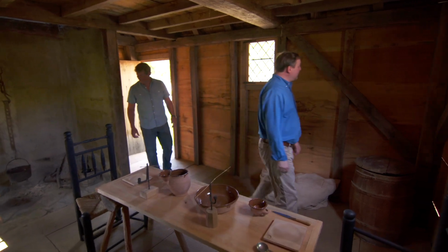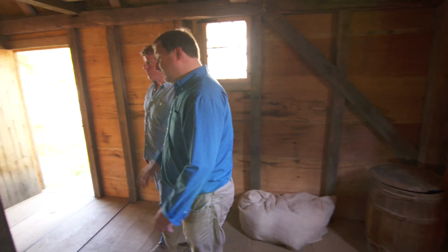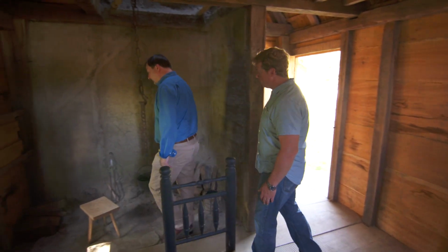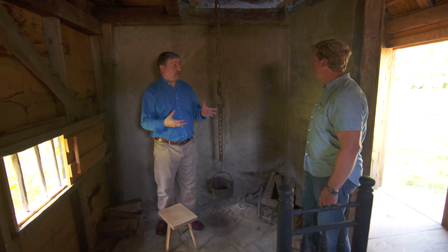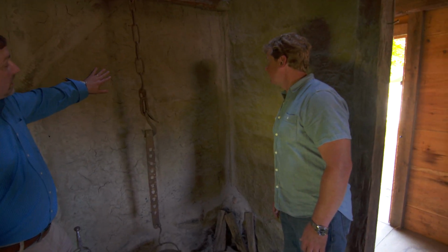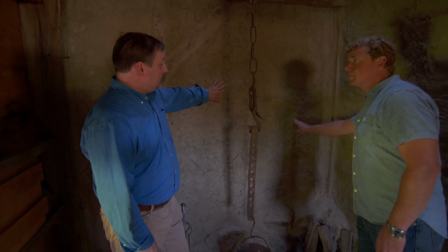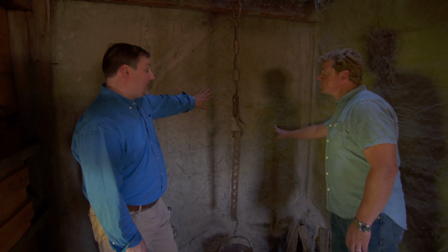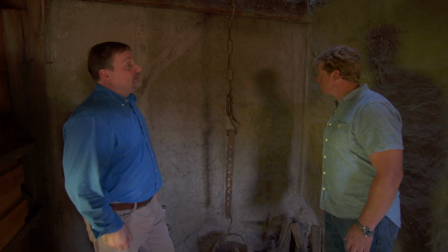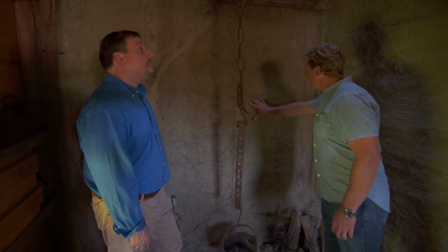It's a timber-framed home, and it's all 100% authentic. And over here, we've got ourselves a wooden chimney. The people of less wealth might have had a wooden chimney rather than a brick chimney. Well, I wouldn't think a wooden chimney would last that long before it burned down. Well, it takes some practice to not do that, but this is covered with clay, and clay would bake on with the fire just like you would have a clay pot. Yep, and it's wattle and daub below to hold the clay in. So you just pack this in sort of by hand on top of...